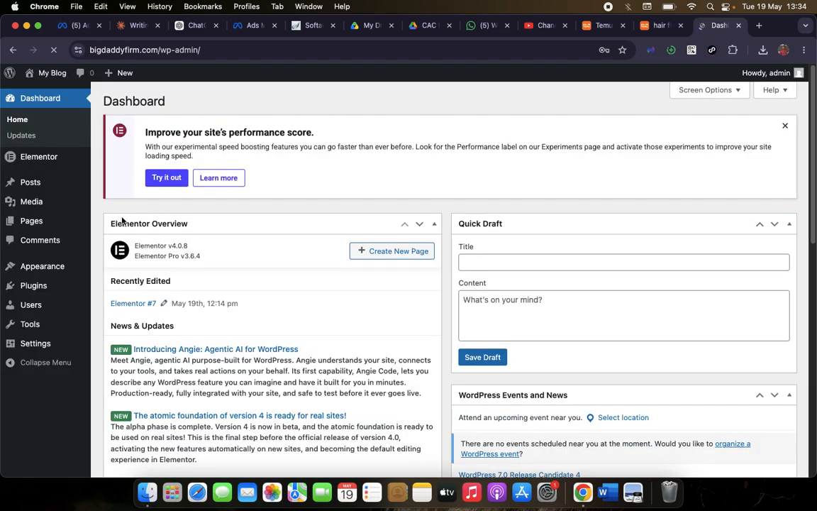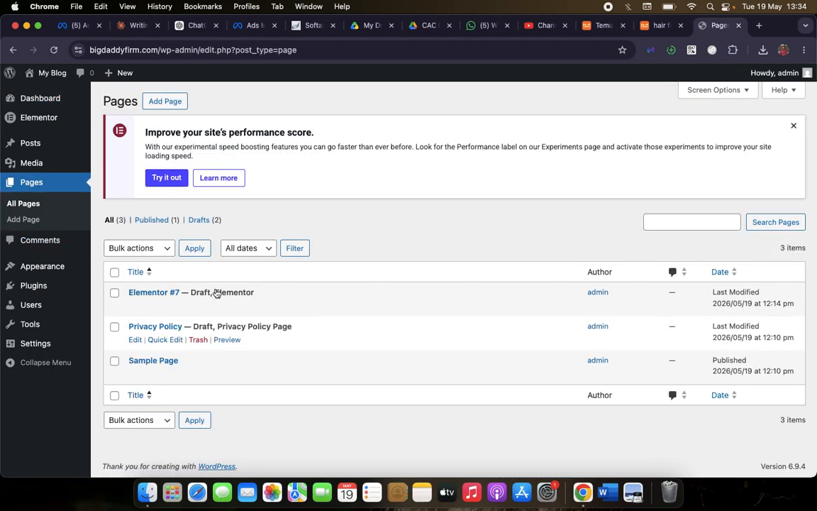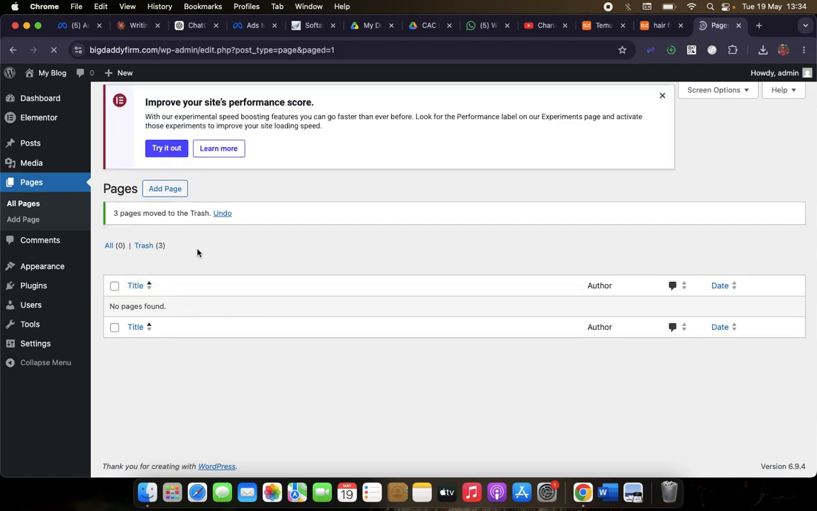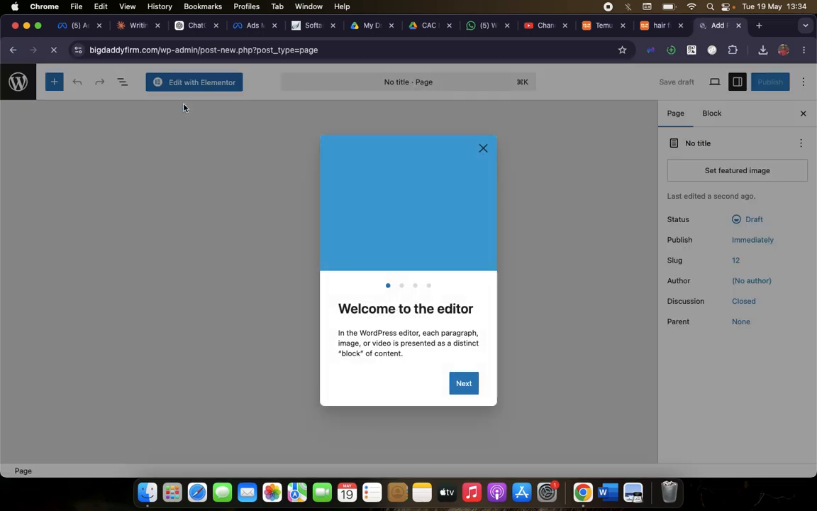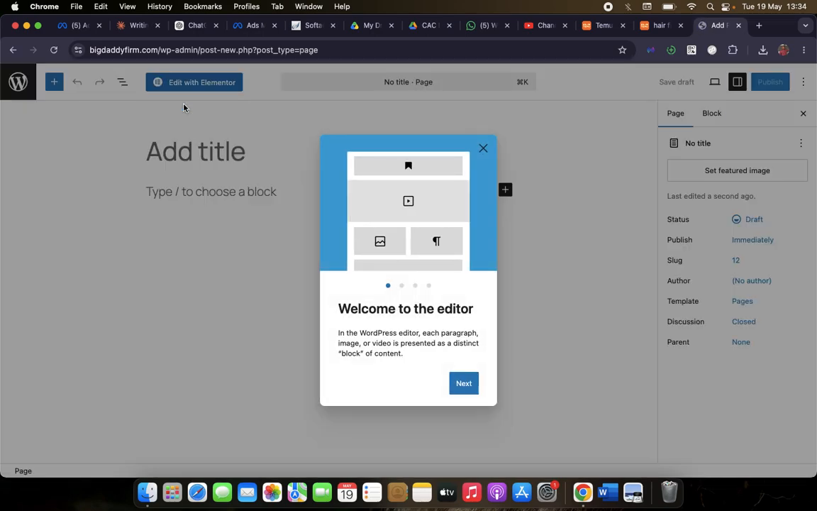Alright, so we are on the dashboard now. Next thing is I will come over to pages. I'll delete this trash. So those are default pages, or those were default pages. So now I'll click on add page. Now first, to create a page on our website rather,